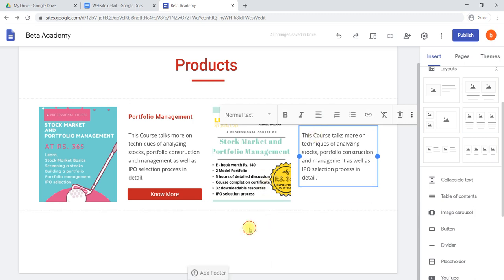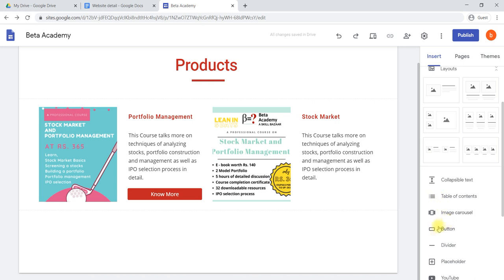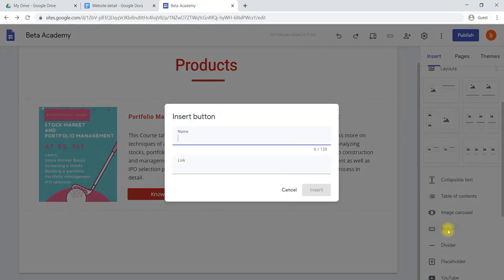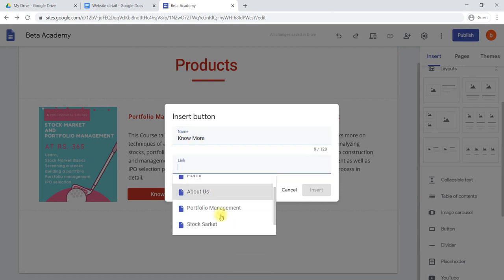Then we'll add one more button, with the button name Learn More or Know More or Buy Now. All this kind of link you can create.